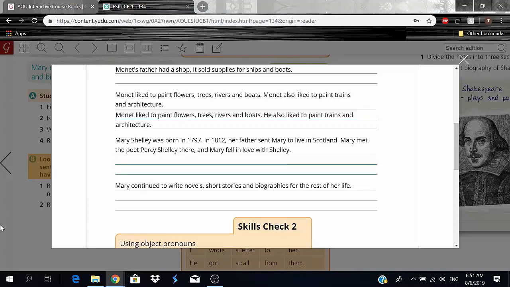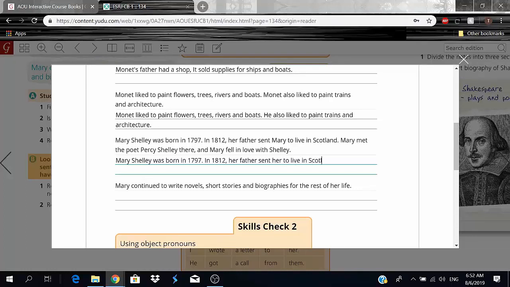So, I'm going to write this one again. Mary Shelley was born in 1797. Okay, full stop. I'll continue again. In 1812, her father sent, this time I'm going to say sent her and not Mary again. You see how pronouns make things a lot more interesting now? Instead of saying Mary, Mary, Mary 100 gazillion times, I can just say her. So Mary Shelley was born in 1797. In 1812, her father sent her to live